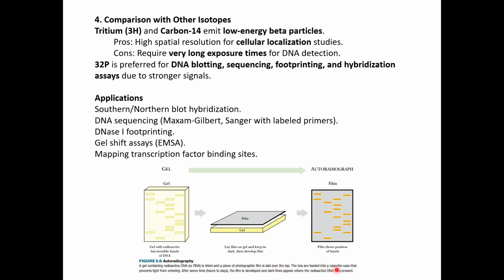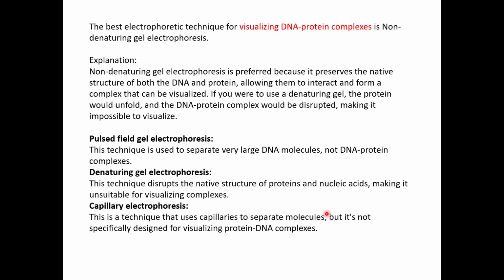The two are loaded into a cassette case that prevents light from entering. After some time, the film is developed and dark lines appear where your radioactive DNA was present. So you can basically locate your DNA on this film because it has been radioactively labeled with your phosphorus isotope. So this was about